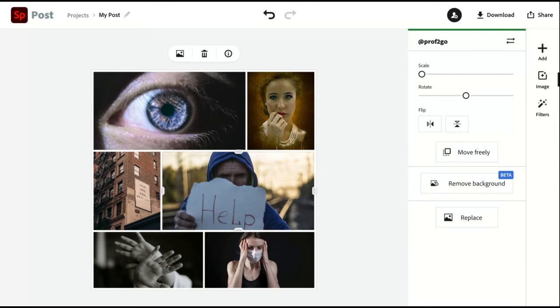It's all copyright free. If you're going outside of the platform, then you're responsible for honoring any of the copyright. But any of the images that you search within the platform are already vetted.